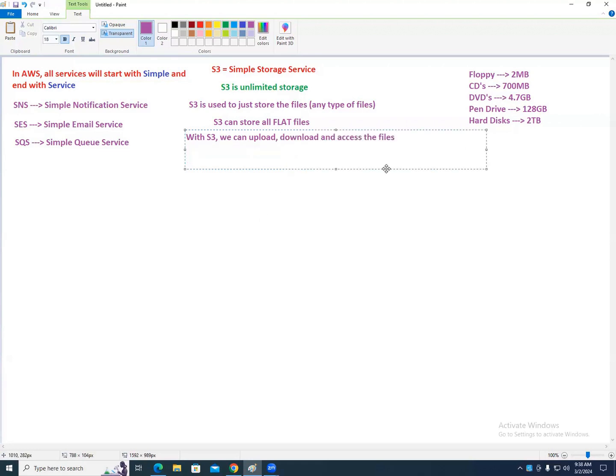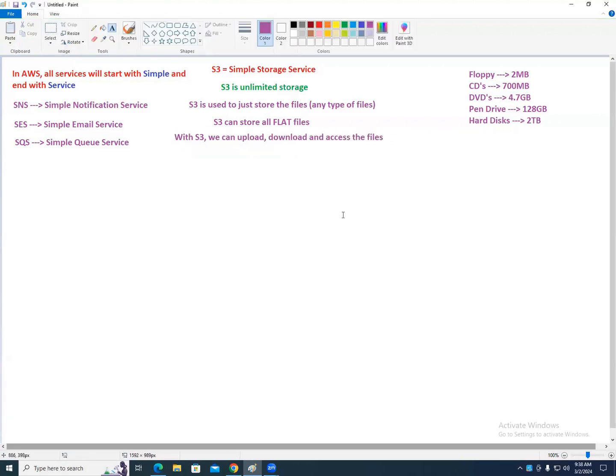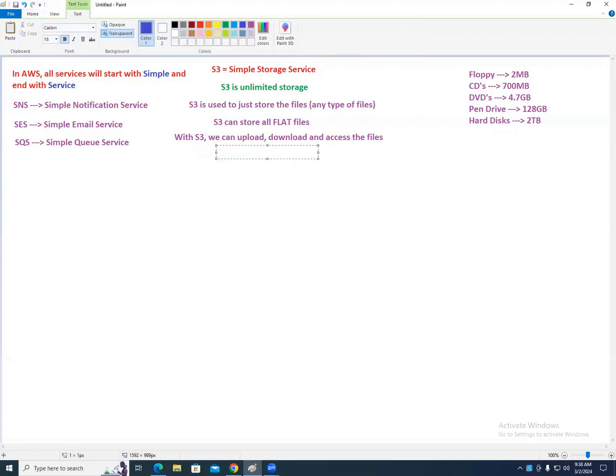Now, can you execute any files in S3? No, you cannot execute any files in S3.